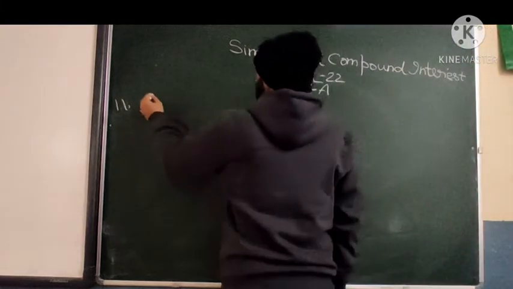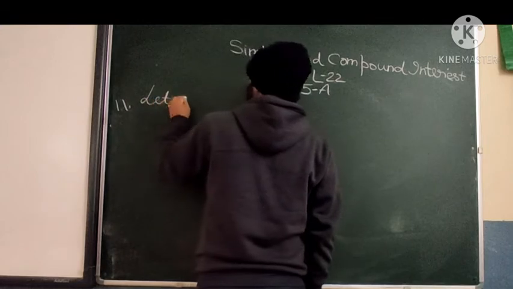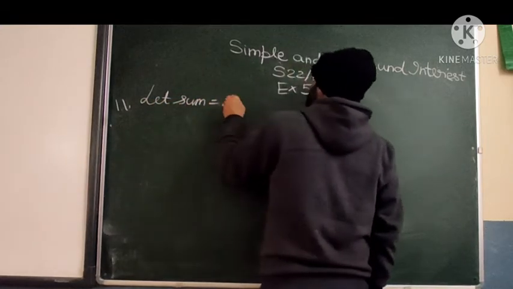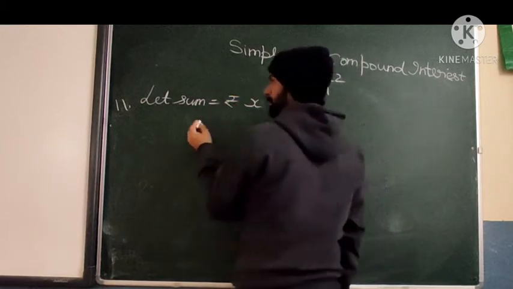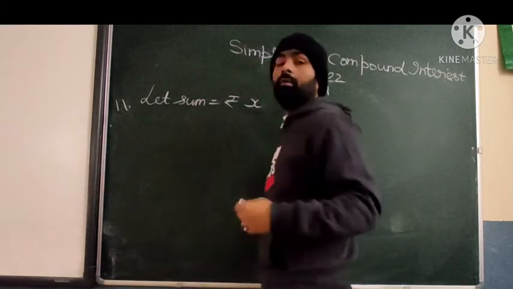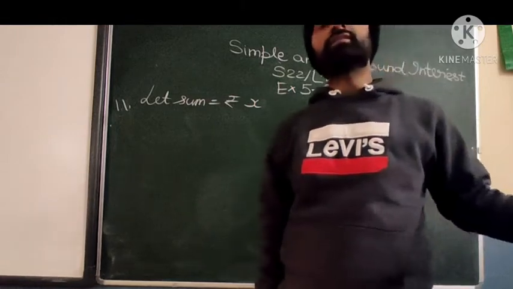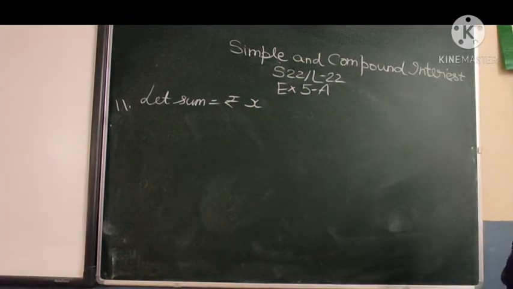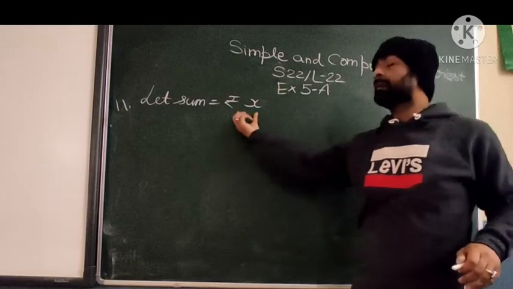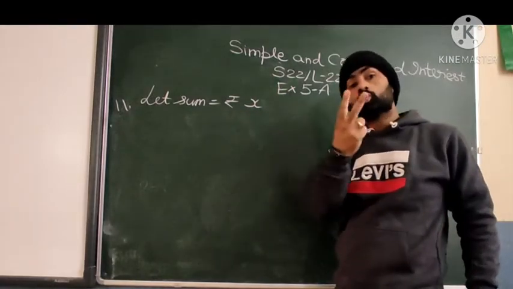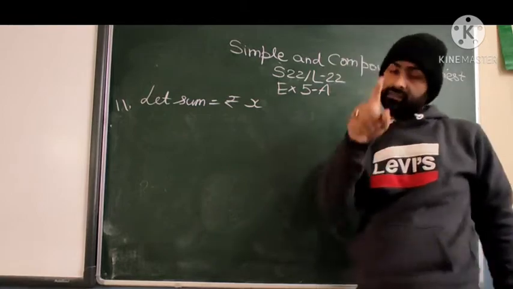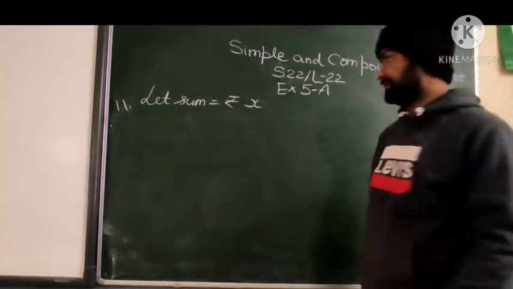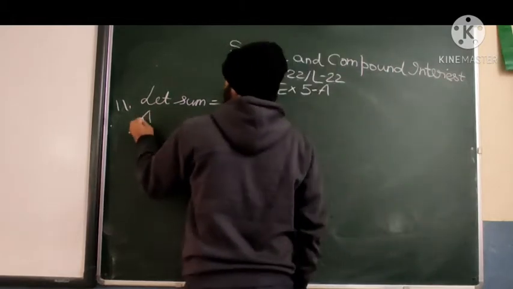Sum of money is fixed, so write it there. Sum is equal to rupees X. This is basically principal, so write here. And there are two amounts given. That means the rate of interest is same but different time periods. Same principal is subjected to two different time periods. First time period of 18 months, another is of how much? 4.5 years.